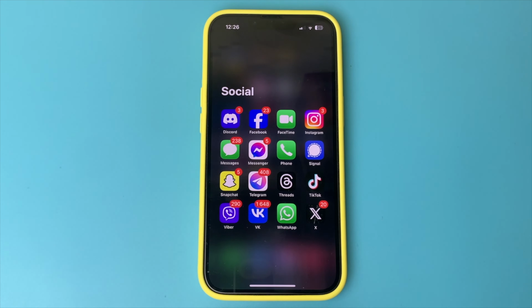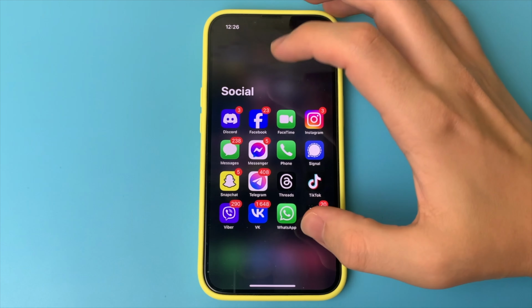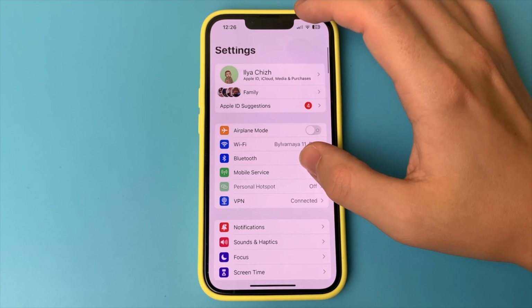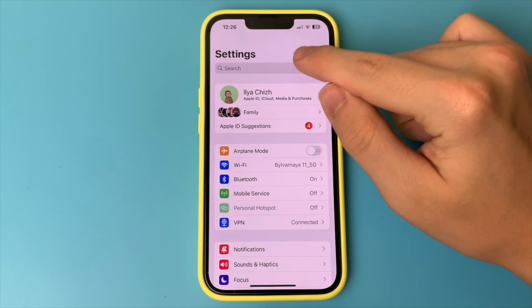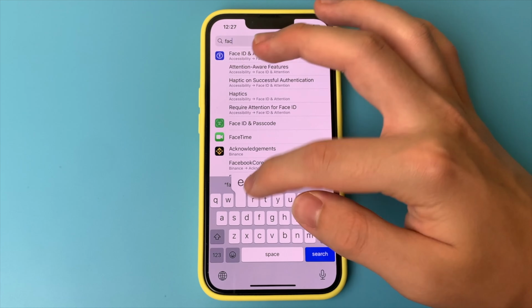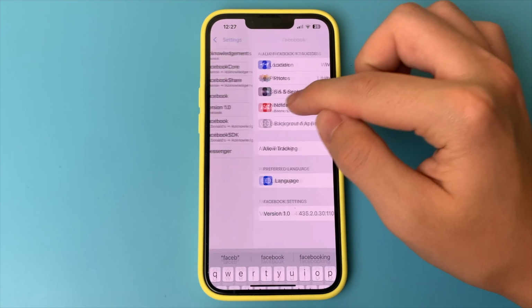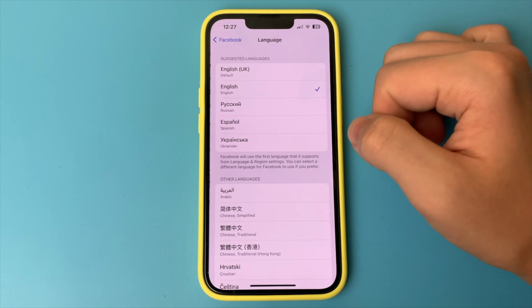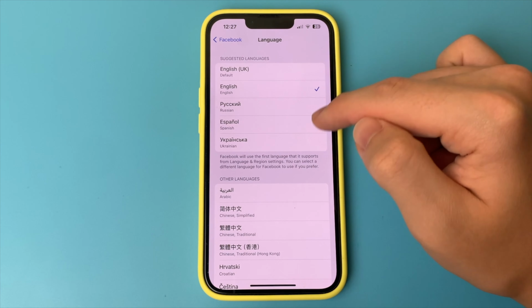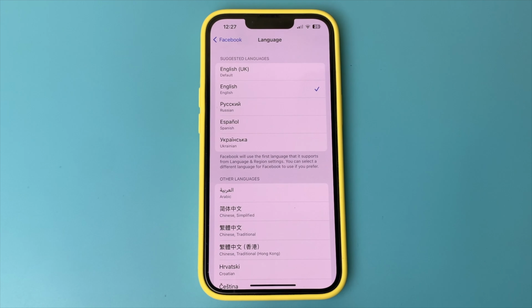Thank you. In this video, I want to show and tell you how you can change the language on your Facebook. How to do it? It's very simple. You don't even need to go to Facebook. You go to your iPhone settings, and now you go up here. You have a search here. We click on it, and here we just write Facebook. We wrote Facebook. We open this application here. We have an item, language, and we can add any language here or choose from these languages. Just click on it, and we automatically set this language in this application. As you can see, this is a very simple and quick way. Done. There is nothing complicated.